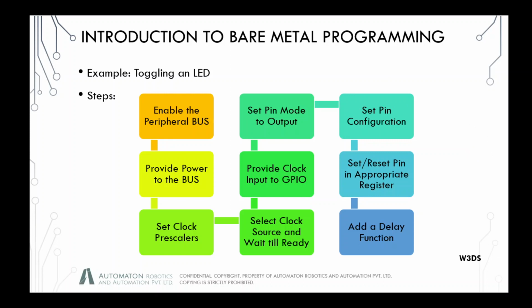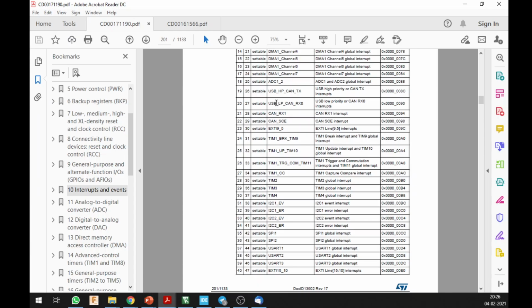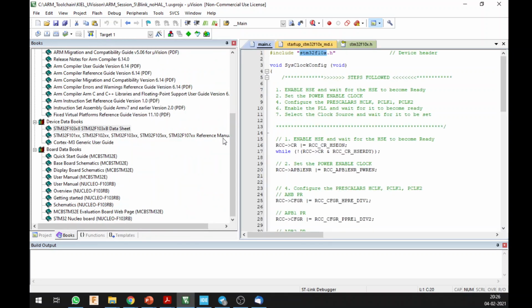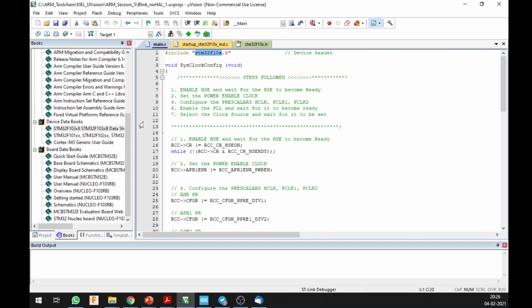Alright, so next we are going to see where these registers are located and how you are going to access them. If I go back to my programming manual, remember how I accessed this. I went to my project in Keil and accessed it from my device data book. Over here you can see the reference manual is there. Your reference manual is your cheat sheet. You always keep it handy whenever you're working with any processor or any kind of chip in an ARM microcontroller.